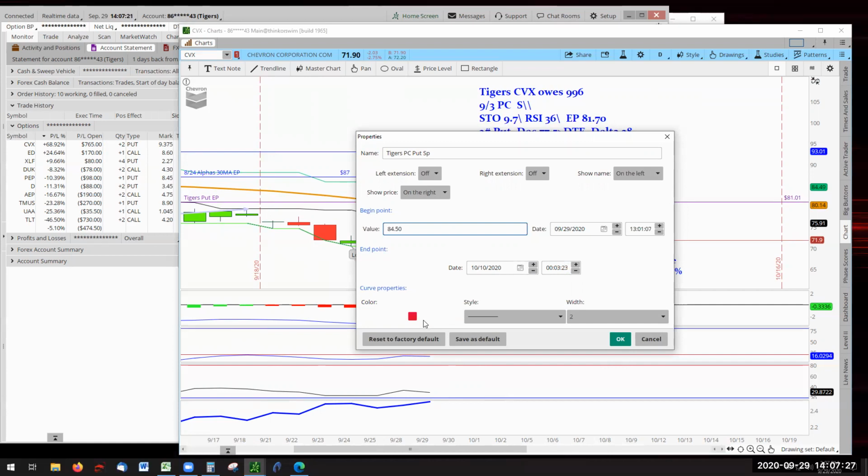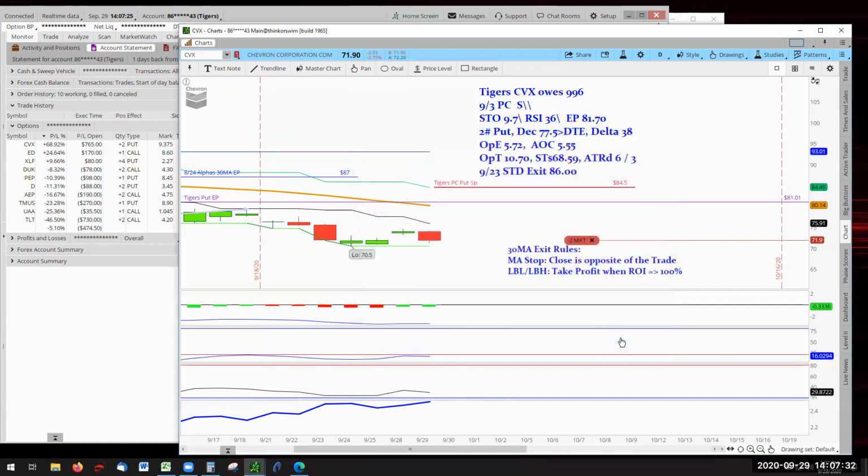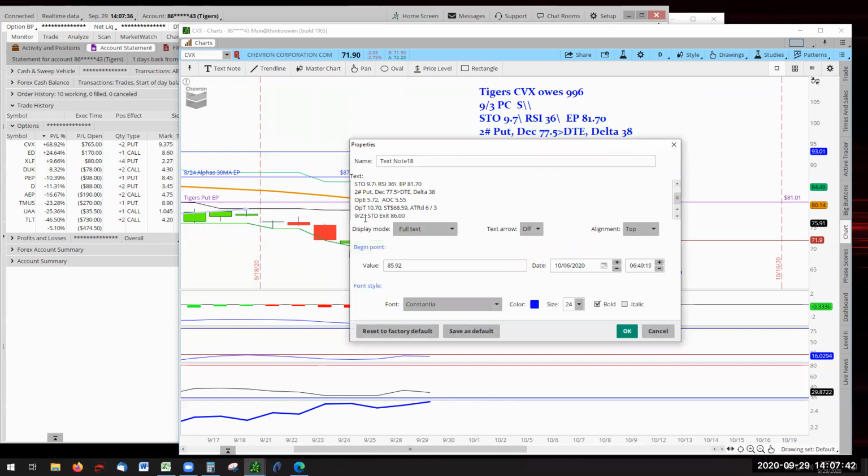And it's red, and it's the 29th, and it's the 10th, and that's good. And then go. And now we are here because we are put and we want that down direction. And then we do the order ticket. Then you come here to your notes and bring your notes up to date, so that way you don't get lost on where things are at. 84.50. And then highlight it,